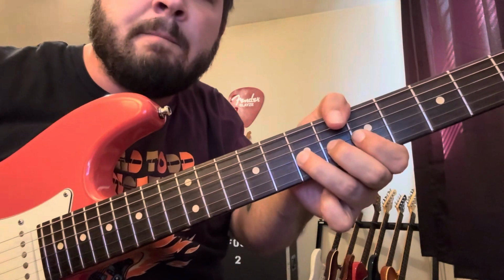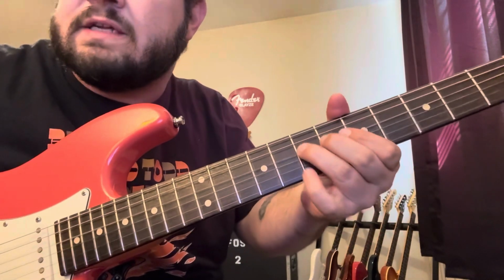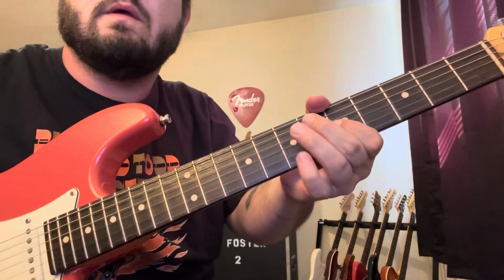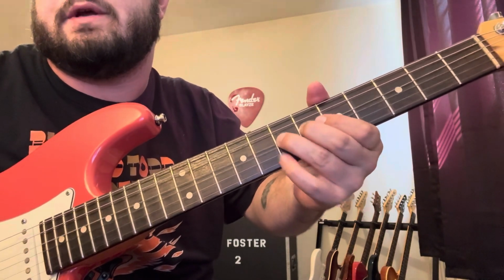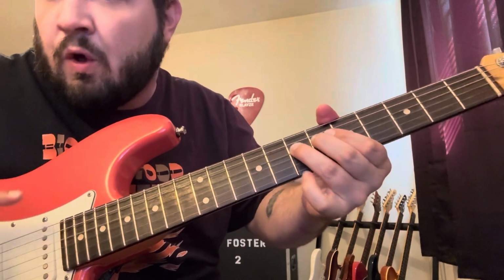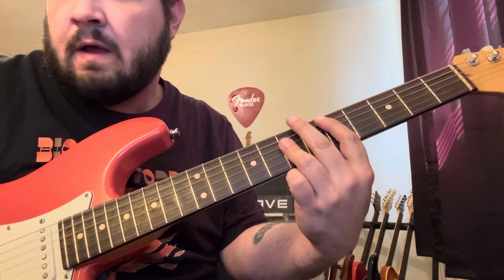That's 7, bend up to 9. Maybe in between a little bit. It's so quick. Pull off to 5 on the G string. And land on the 7th fret A note on the D string. So, C. Hold that through the A chord. Come back in on D. And then...